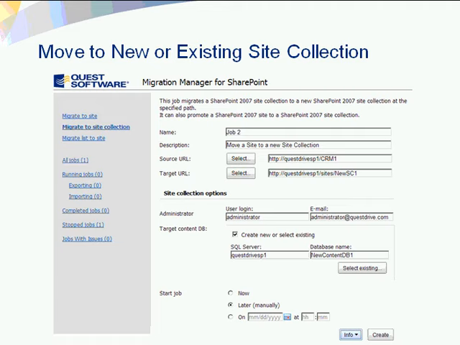Now, because I'm taking 250 sites, I'm creating a new content database as part of my new site collection creation, and so the site collection creation itself has a lot of value, but I'm also creating a new content database or moving it to an existing content database as part of that. So I'm actually solving two problems with this core functionality. So I actually end up with a very structured environment that has the right number of site collections, the right number of content databases.